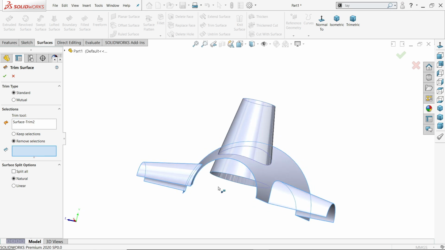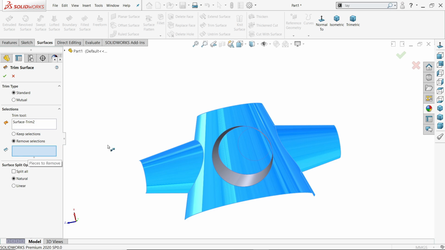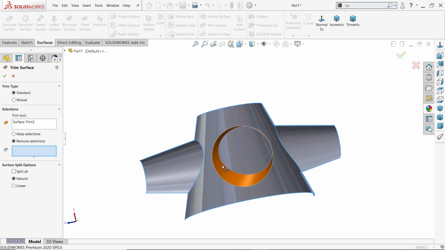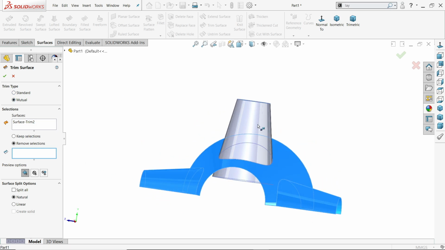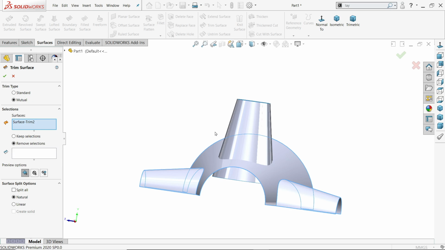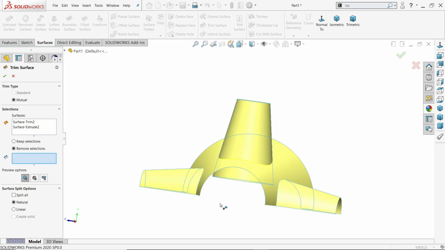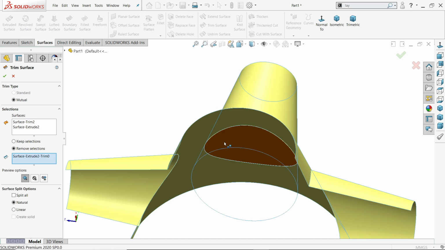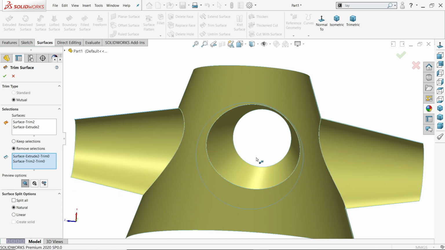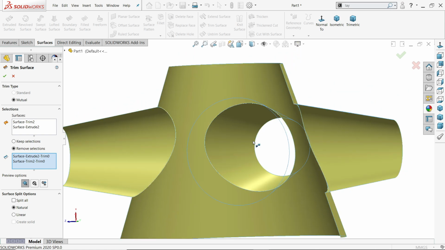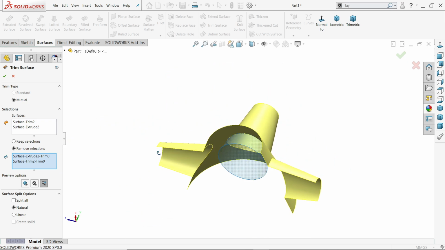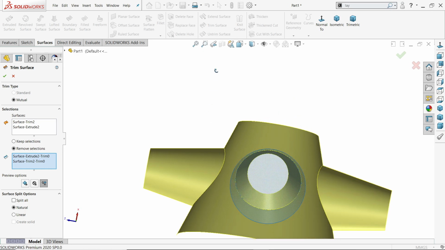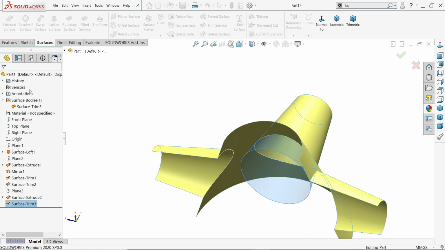So I am going to choose this. But here we have to perform in 2 operations, so let's go for mutual. Select these 2. Now remove surfaces. First I am going to select this outer one, see outer one remove, select the center one. Look, it's removed. Here we already show, if you select this one, see it will change. If you select both, see it will show you both, what trimmed and what untrimmed. Look.